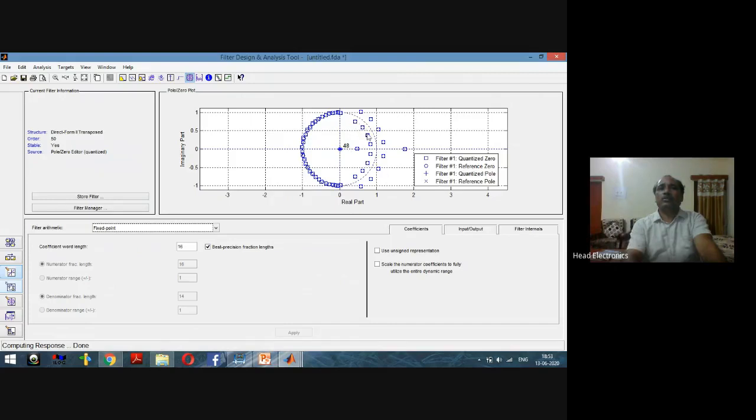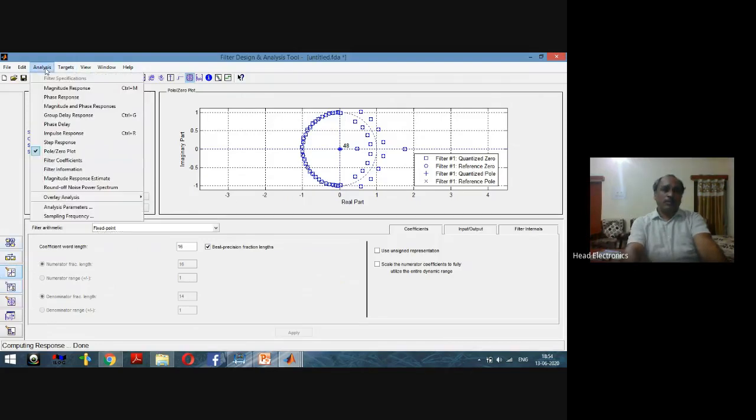Now see the location and positions of the quantized coefficients here. Now due to the quantization, if the poles and zeros have changed their locations and positions in such a manner that they may cause instability, the system becomes unstable, then again we have to think about the quantization of the filter here.